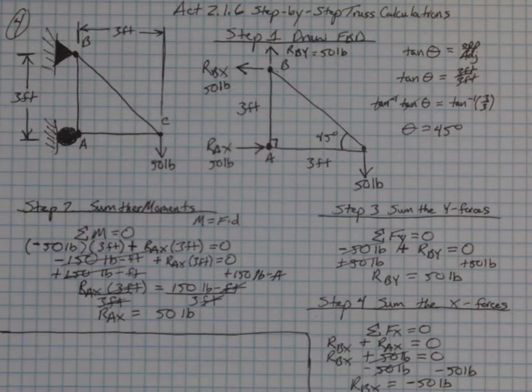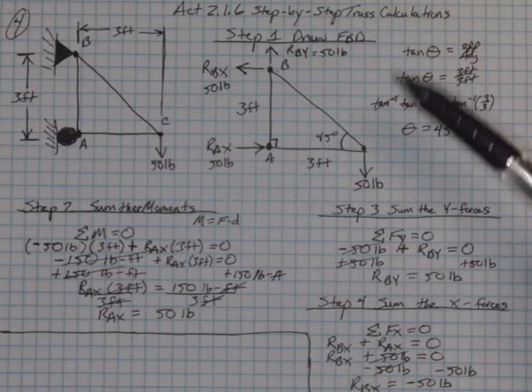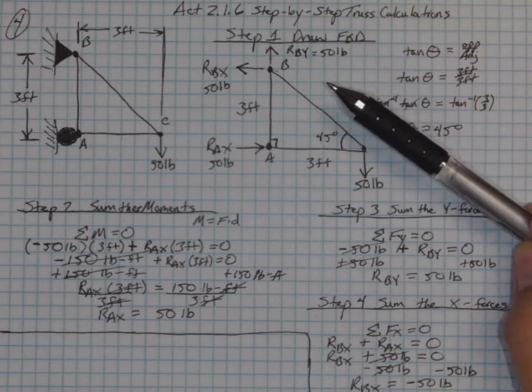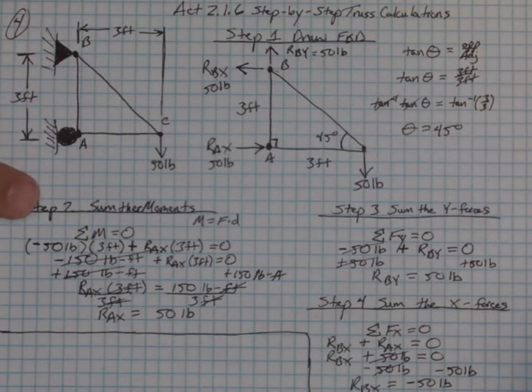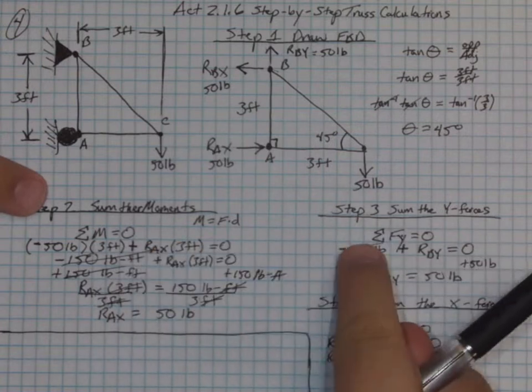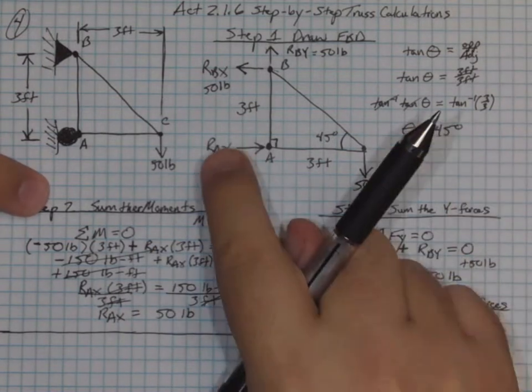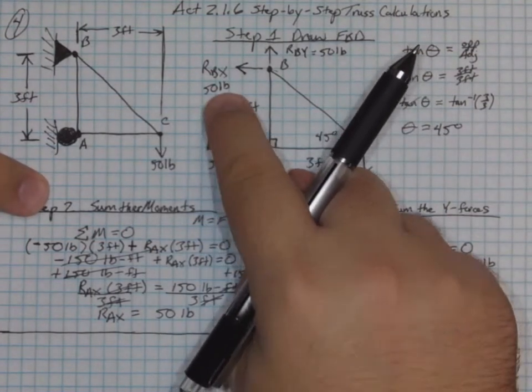In this video, we're going to take a look at the continuation of number 4 for activity 216, step-by-step truss calculations. With this, we have gone through steps 1 through 4. We've created a free body diagram identifying all the forces on the entire truss structure. And with steps 2, 3, and 4, we have now calculated the support reactions